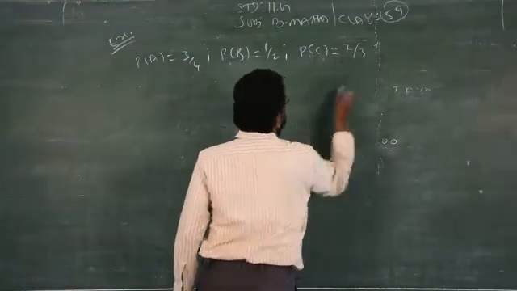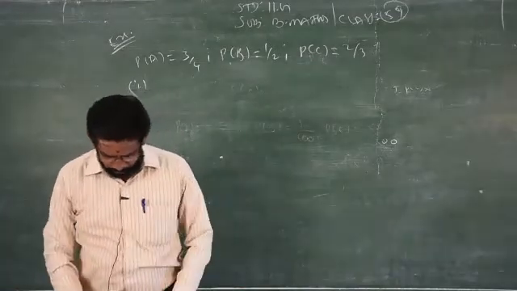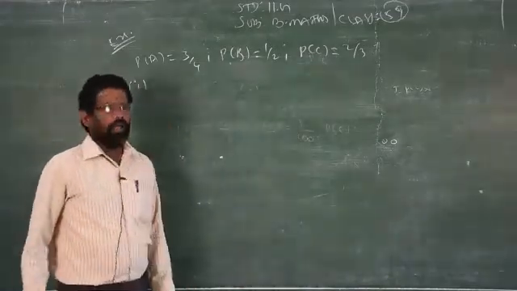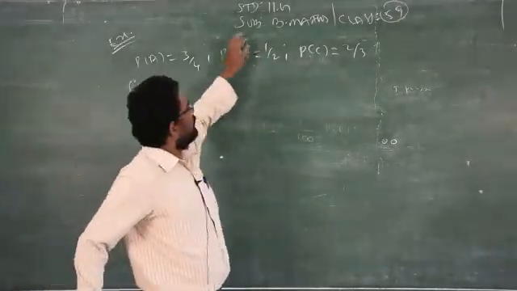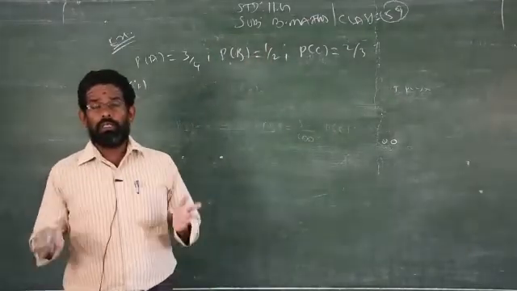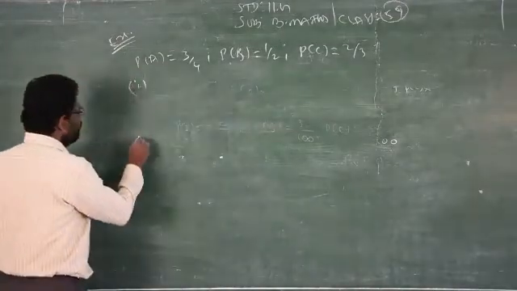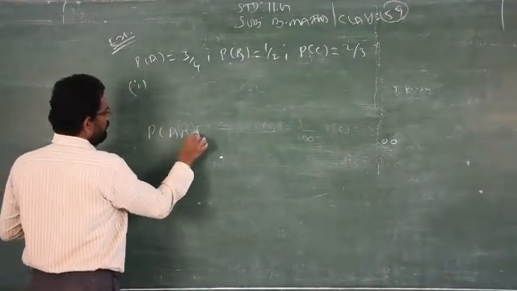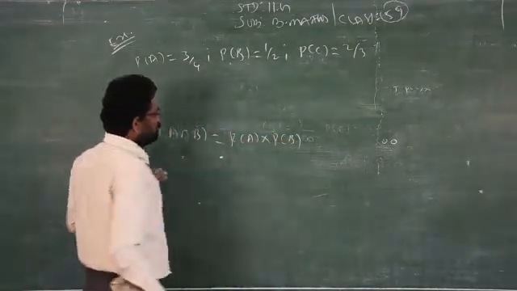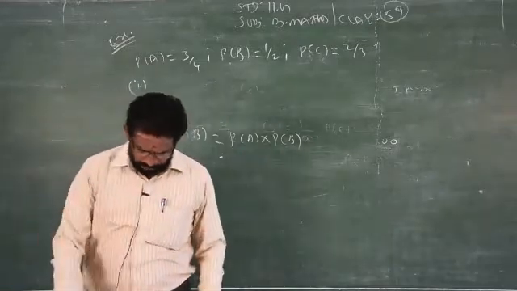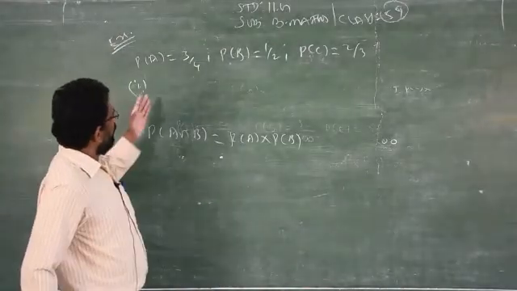It is given. So what is the question number 1? All the 3 hitting the target, which means once A hits the target, B and C are not necessary. When B hits the target, A and C are not necessary. Therefore, these events are called what? Independent events. What is the condition for independent events for 2 events? Already we studied, that is P of A intersection B is equal to P of A into P of B, isn't it? So this is the independent event. So when the events are independent, then you can easily find the answer by multiplying all the probabilities.